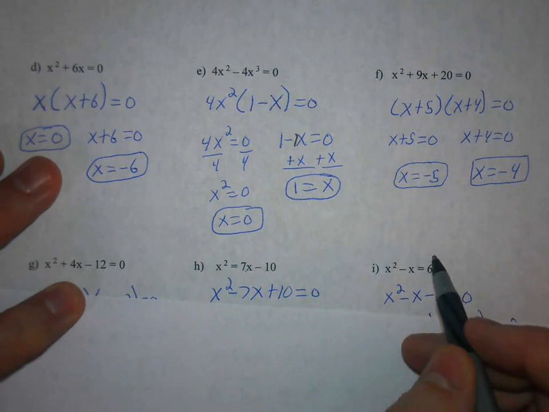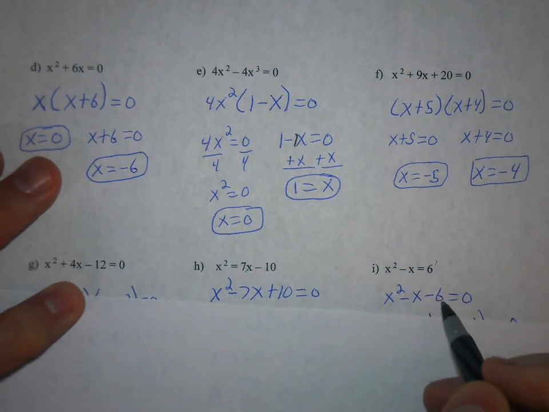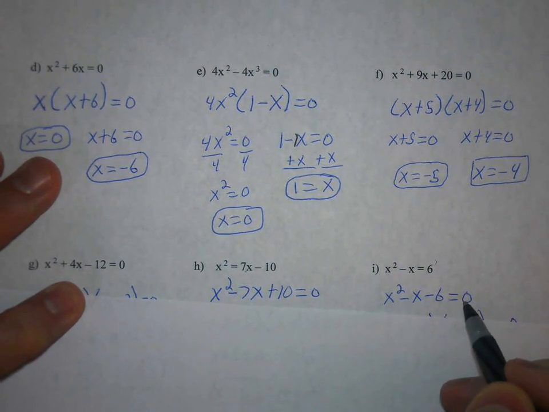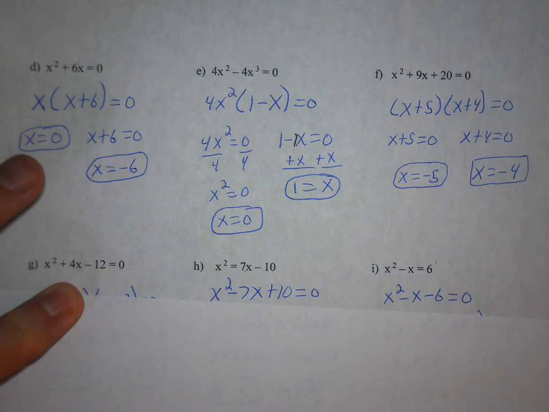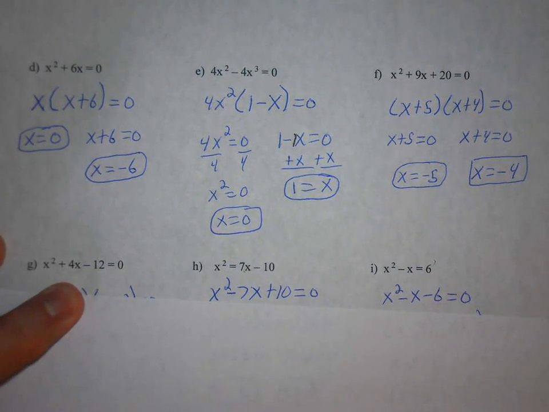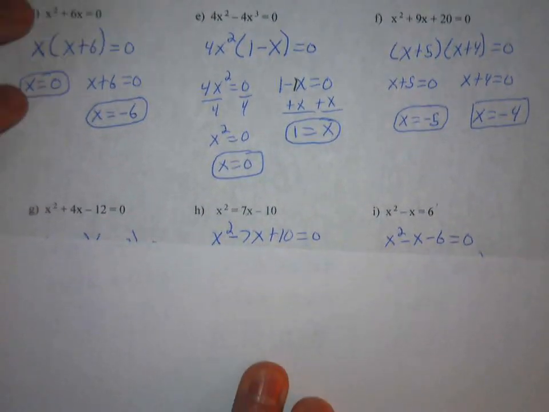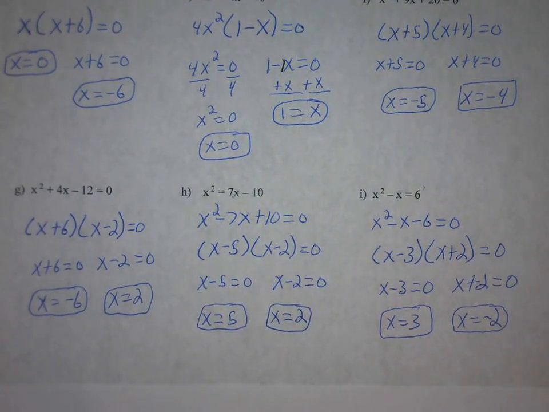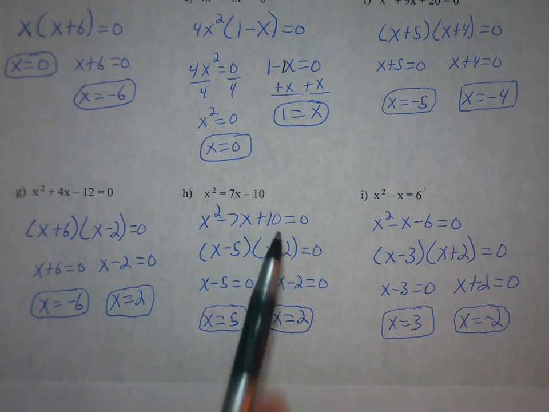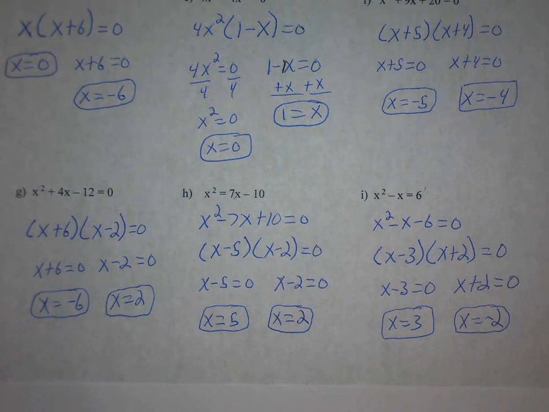And similar to the last one, if you subtract 6, you would end up with equal to 0 on the right side. Okay, so once you get those two forms, equal to 0, then you can factor and then apply the zero product principle. So pause the video and try to finish those, and I'll put the answers up. So those are pretty straightforward once you get that first step of getting the equation equal to 0. Okay, and then on the second page,